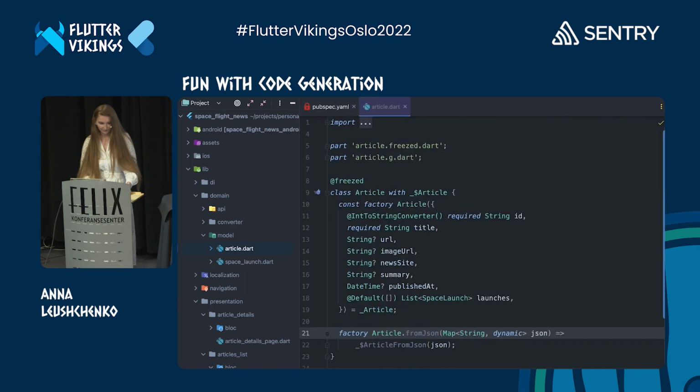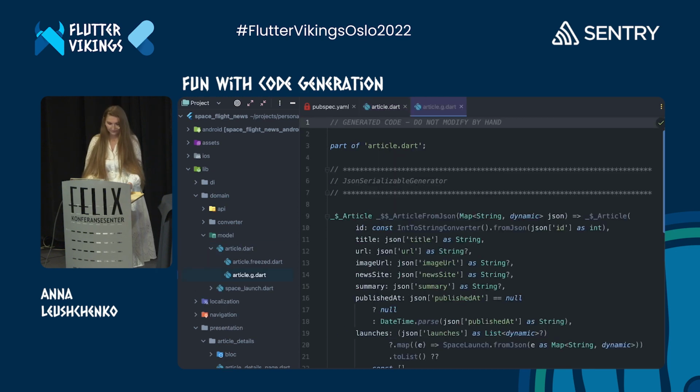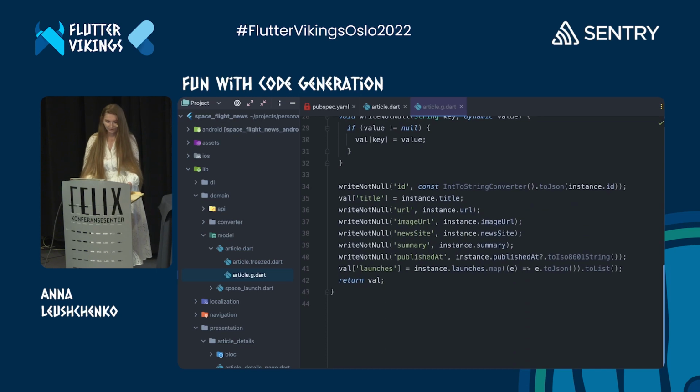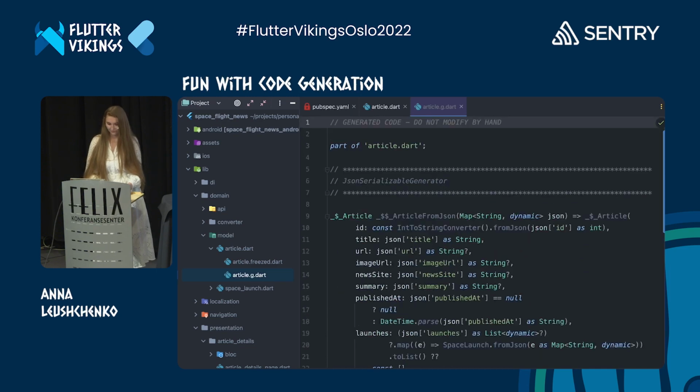Back to article model. Now fromJson implementation changed from manual to just calling a generated method in a new file. Again, this generated file contains the implementation, which is very similar to what I had previously. But the cool thing is that now it's not me who writes all this boilerplate code.